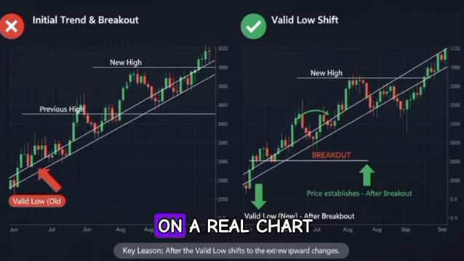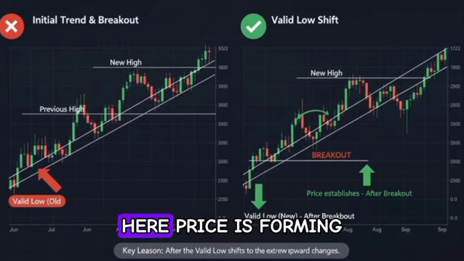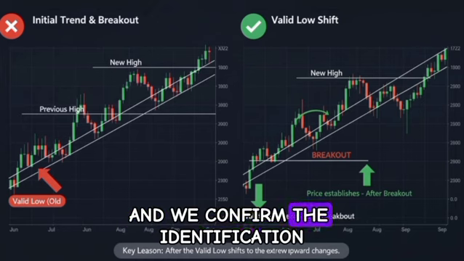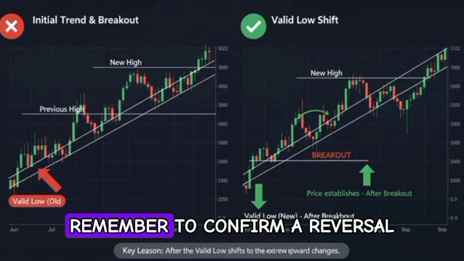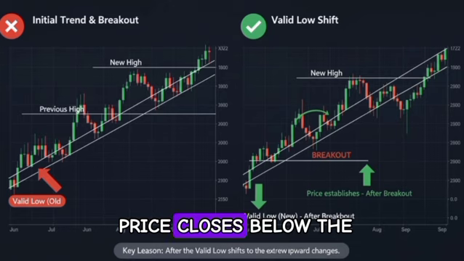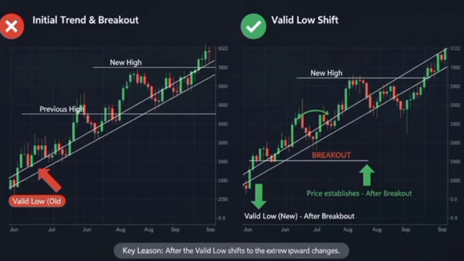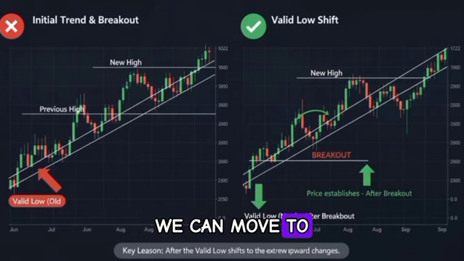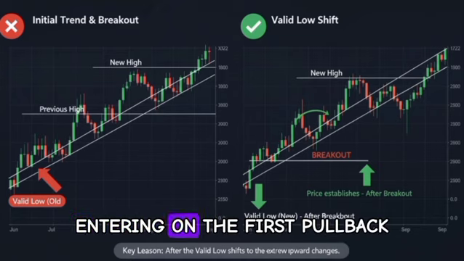Now let's see this on a real chart. Here, price is forming higher highs and lower lows, and we confirm the identification. Remember, to confirm a reversal, it is essential that price closes below the valid low. Once you learn how to spot a valid reversal, we can move to the next step, entering on the first